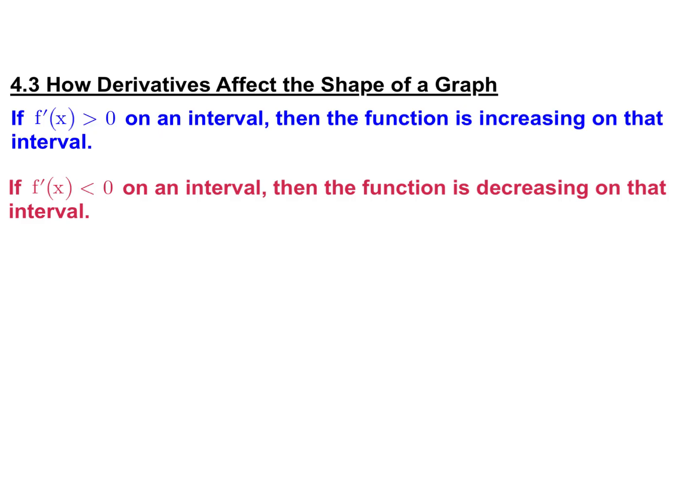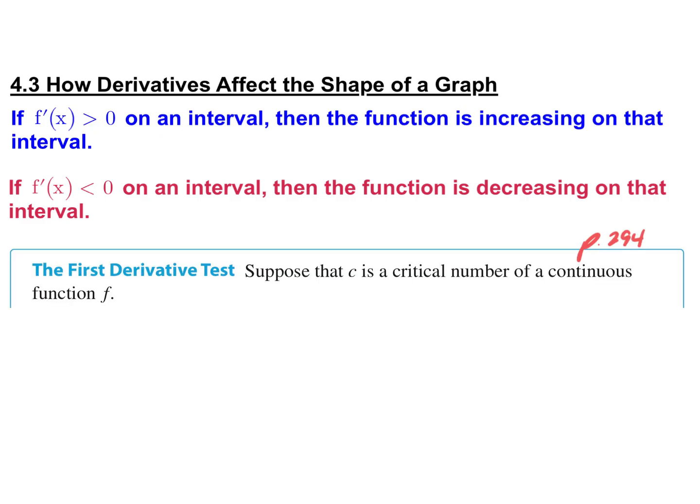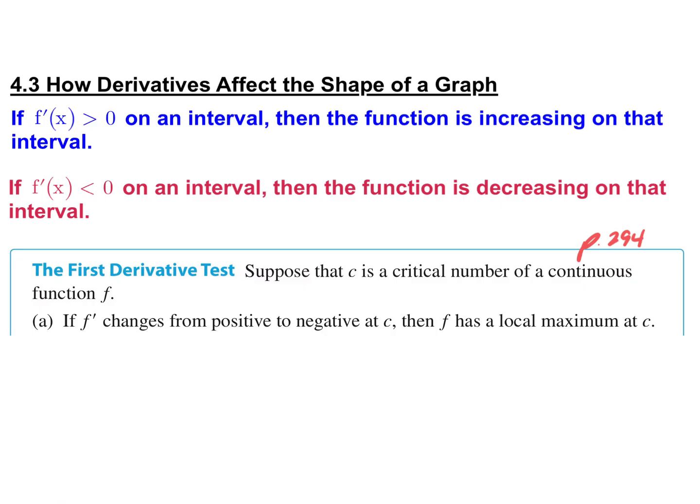And then we kind of put it together. We have what's called the first derivative test. And this is where you're going to use number lines. What we're looking for is a change in the first derivative sign. First off, it has to be continuous, and we look at the critical numbers. So if the first derivative changes from positive to negative at c, whatever that value is, it will have a